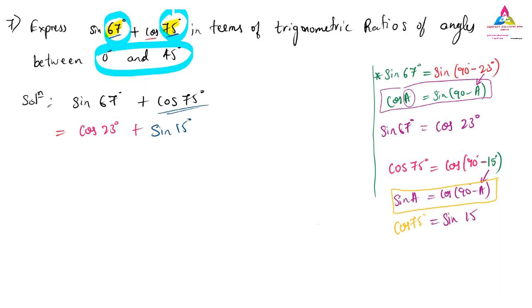If you have any difficulty, this method is not actually needed, you can do it directly. But the important thing is the formula for how to write it. If you have sine, you write cos first, then subtract from 90: 90 minus 67 is 23, so you write directly cos 23. Here we have cos, so the complementary angle is sine. Cos and sine are complementary to each other. Next, 90 minus this angle 75 will come to 15 degrees.